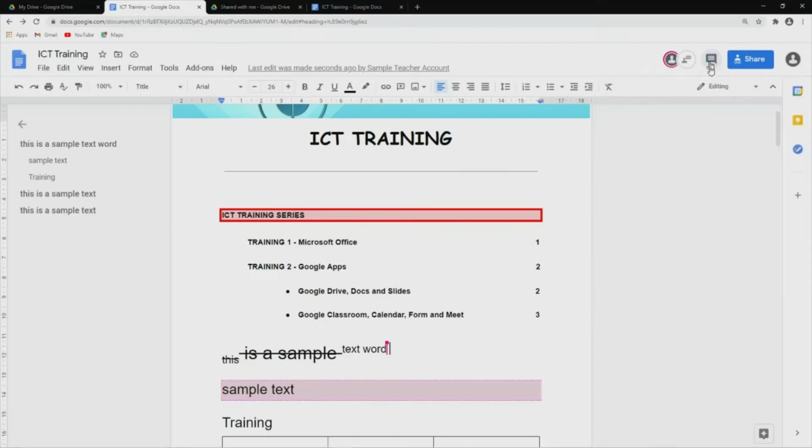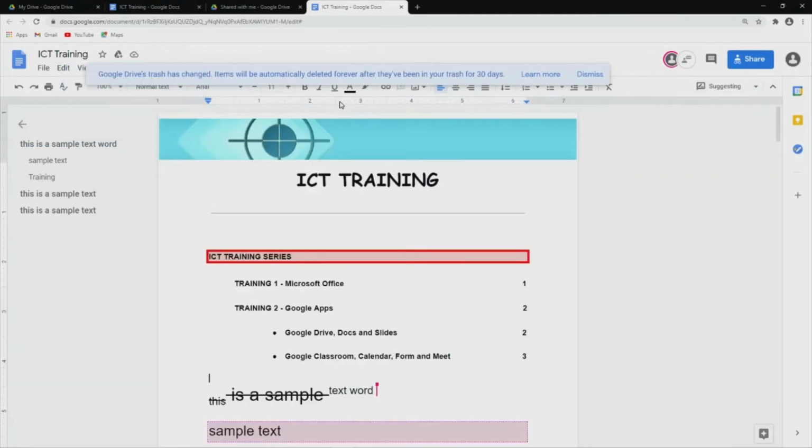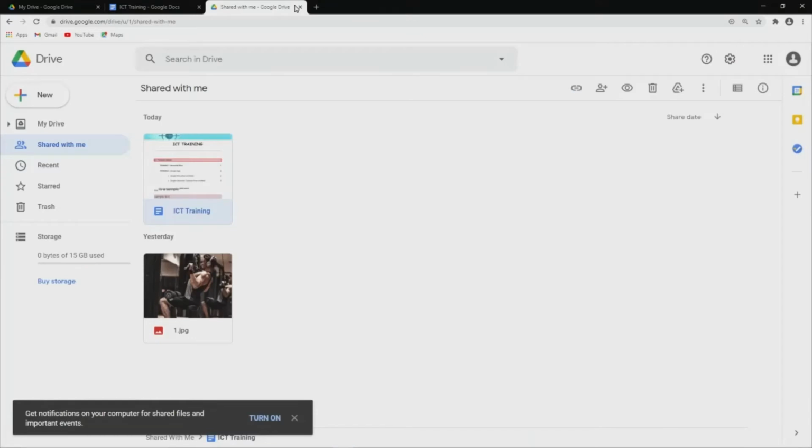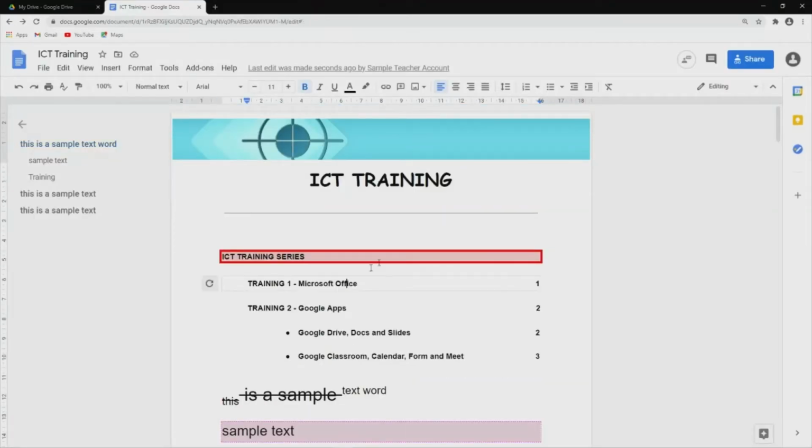And there you have it. So that is how you can work together with the same file at the same time. Okay, all right, so let's close the account of this sample one account and also the drive. Okay, so there you go. That is how it works, how collaboration works on